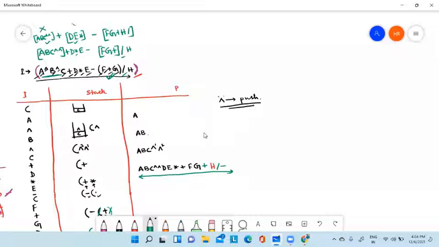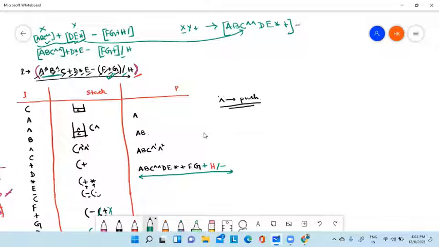So if this is x and this is y, you will get x y plus. It means a b c to the power, that is x, then y, d e into, then the plus symbol. So this will give you this. Then the rest: this is one operand, minus this one, f g plus h division. Now if this is x, this is y, you will get x y minus.